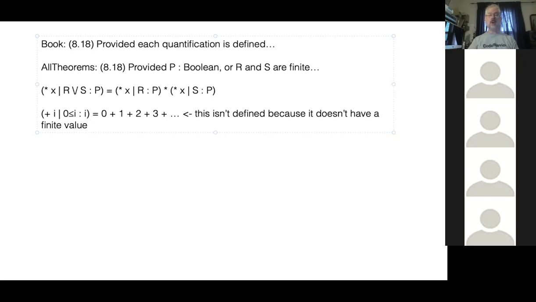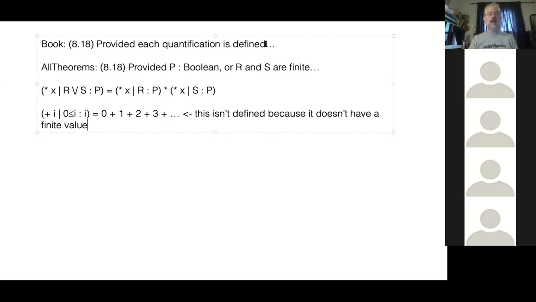And so there are reams of paper spent on trying to understand exactly how to handle infinity properly. That's way above our pay grade. That moves more into calculus, as in Calc 1, 2, 3, Newtonian calculus. But even there, they probably are hand-waving over a lot of the details of infinities. It would be a more advanced math class that would get into that in a serious way. So the book just says, provided each quantification is defined, without really opening that box up and talking about what